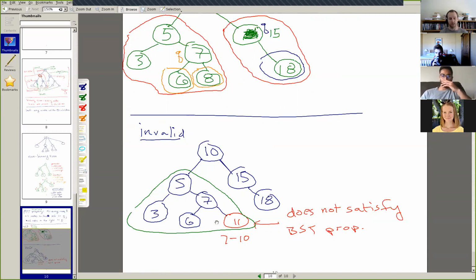But yeah, in this example right here, let's say we were to search for 11. Well, 11 is in this left subtree, but when we're at this 10 location, we would see 11 is greater than 10. So we would go to the right, check 11 against 15, see 11 is less than 15, and look to the left. There's nothing to the left of 15. So we would say there's no 11 inside of this binary search tree, but we would in fact be wrong because we do not satisfy the BST invariant. Great question. Any other questions so far?